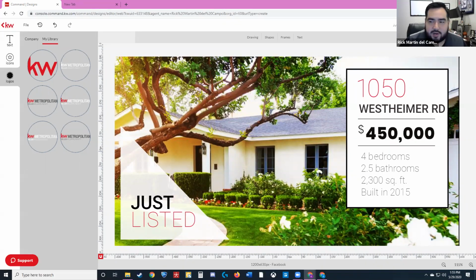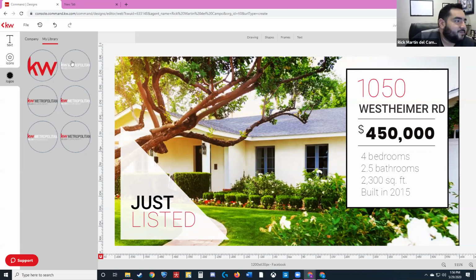Alrighty. I'm sorry, I was going through the settings. So this is where you're going to find logos. Any logos that you've uploaded, your DBA logo, so the KW Woodlands logo, is going to show up here. It shows you 6 slots, and the reason for it is because you can have your team logo. If you've got a team or your own brand identity going, you can upload that logo here. And then I would advise uploading the DBA